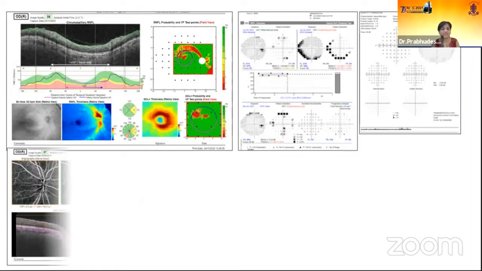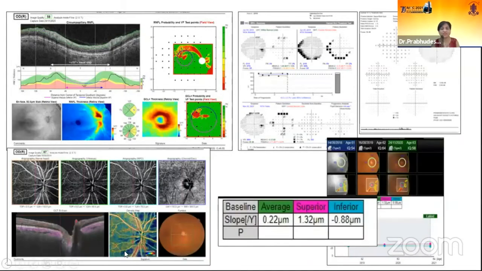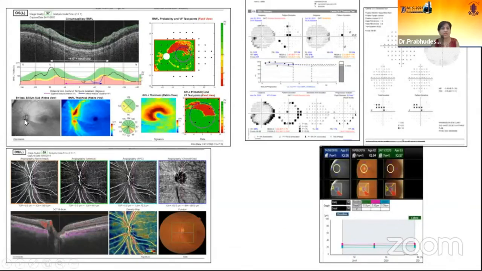On OCT angio, you can see that there is an inferior defect in the right eye, which corresponds with Hood analysis. And you can have slope of superior inferior RNFL thinning. The left eye again is showing an inferior RNFL defect, which is seen in Hood analysis over here. The NFAS image and the thickness image also are showing the defect over here.